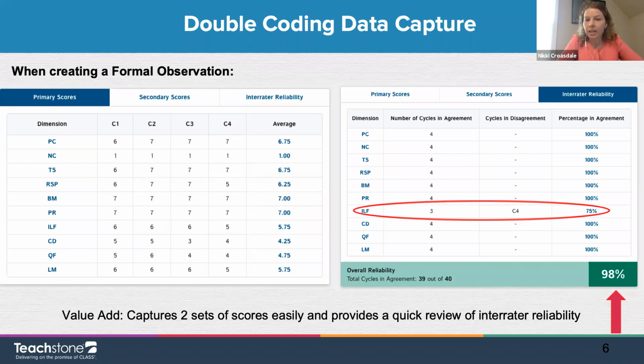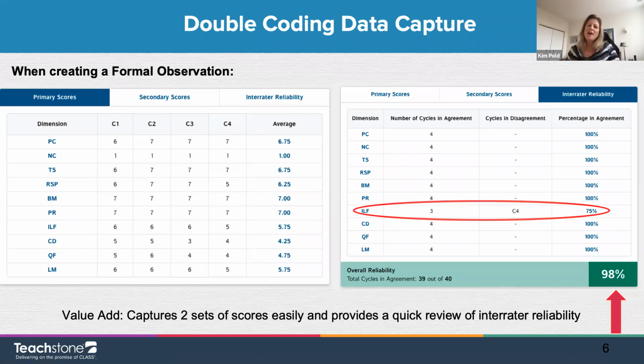But in one dimension, ILF, they had one cycle where they were not scoring within 1 point of one another. So we just highlighted that to show that the system is calling that out. And so those two observers can really hone in on that one particular area, especially during their debriefing session, to really make sure that they understand where they were off from one another and grow their understanding.